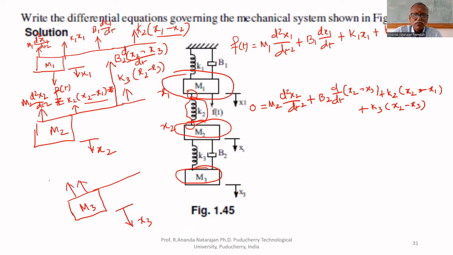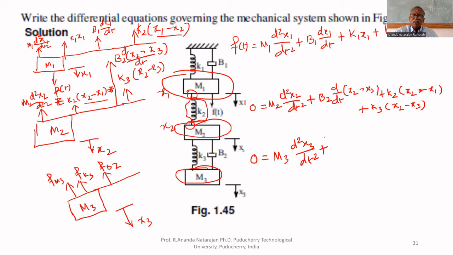The first reaction force is Fm3, the second is Fk3, and the third is Fv2. What is the equation? 0 equal to M3 multiplied by d square x3 by dt square plus